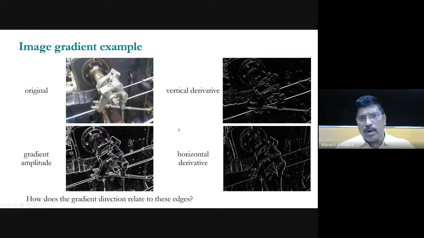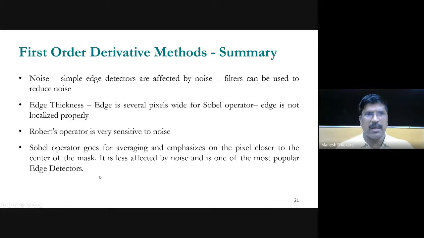And then after that you have to combine the horizontal as well as the vertical part together, and this will give you the magnitude or amplitude image, and you will see the clear edges. Clear edges are not visible in the vertical derivative, or in the horizontal derivative, but you have to combine the vertical and horizontal parts together to get the clear edge. That is nothing but the gradient amplitude, and so on. So you get the edges like this.